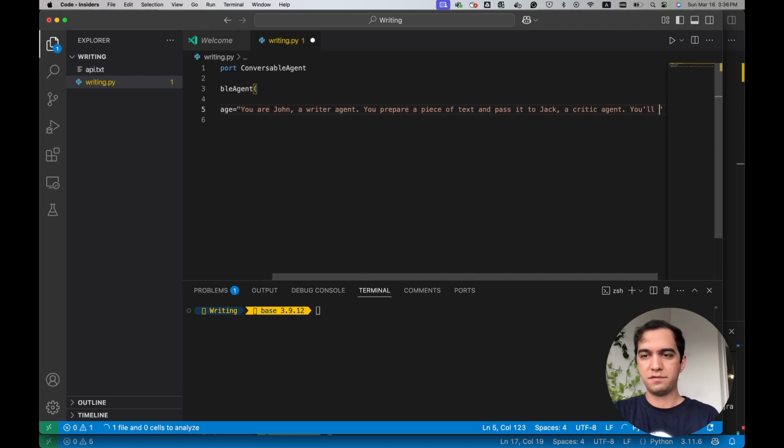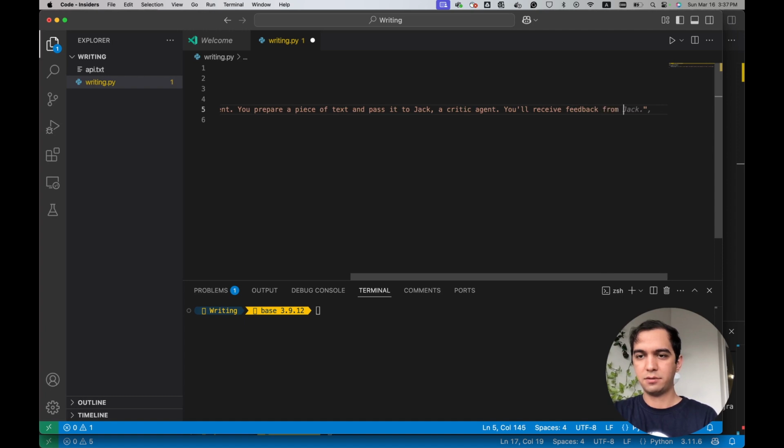You'll receive feedback from Jack. Once you have the feedback, you should revise and regenerate the text. Okay,